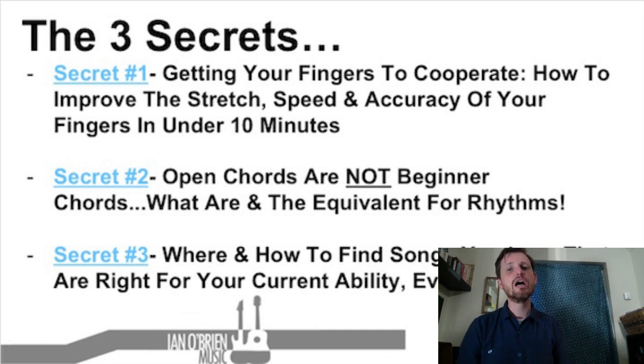Secret number 2, I call open chords are not beginner chords, but it's not just about chords, it's about beginner strumming patterns too. And I'm going to show you the 6 chords and 5 rhythms you can get playing in the shortest time. And these are real rhythms and chords that form the basis of hundreds of great songs. It began 20 years ago with me moving between chords where I could keep one finger down, and it evolved and it's refined into this. This is the next level of chord changes and strumming patterns for beginners, and it really works.